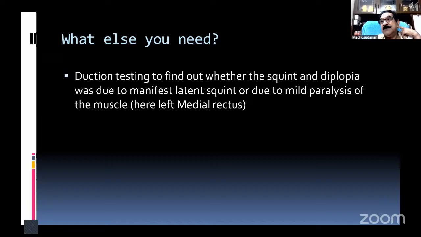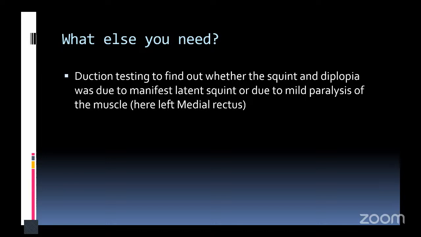In that case, what you see is that excess innervation is going to the paralyzed eye, and the left eye will be adducting much more than normal. That gives an indirect clue that there is a paralysis. So adduction testing has that problem. But if it's a large angle heterotropia, adduction testing can definitely pick up the paralysis. Are you getting my point?